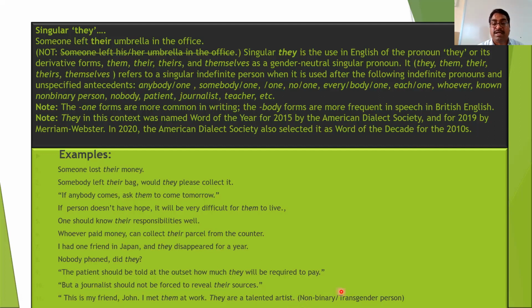Because this person is non-binary. This person falls in which category? In the non-binary category. There are three types of category of person: male, female, and non-binary. Non-binary means a person who is not a complete man or complete woman, correct? So when we refer to such people, even though we know them in detail, we use they, a singular pronoun, in the sentence, right? Hope this was something new for you, and you learned something new in today's short video.